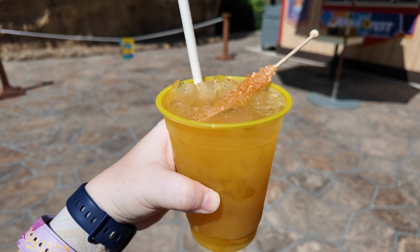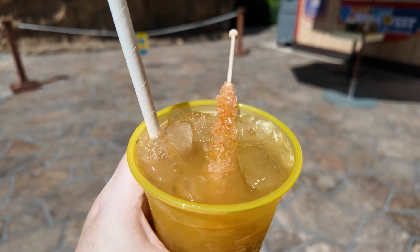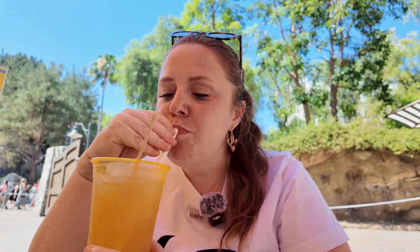The other drink here is the exothermic margarita. This is tequila with ancho chili liqueur, passion fruit nectar, lime, grapefruit juices, agave nectar, and garnished with a rock candy stick. I know I'm going to like this one more because I love ancho chili liqueur. Incredibly well balanced. Honestly, there's the slightest of kicks to it. We have eaten things in Disneyland that are significantly more spicy than this. I wouldn't even consider this spicy. There's maybe a slight tingle, but overall,